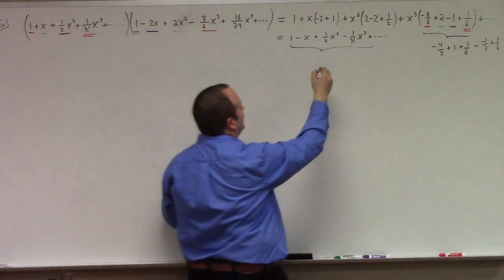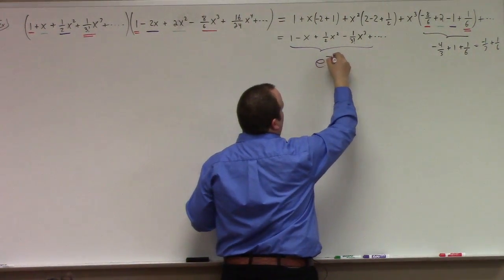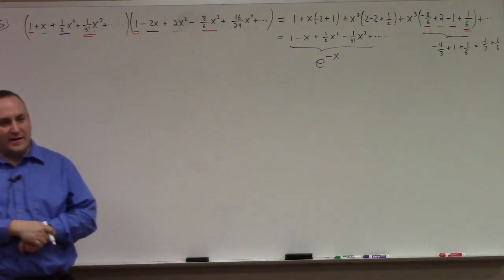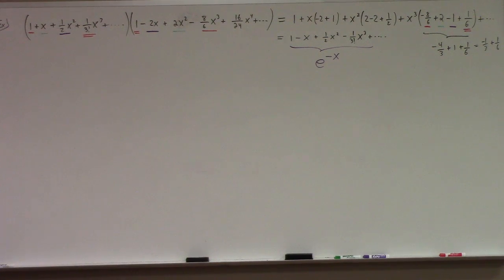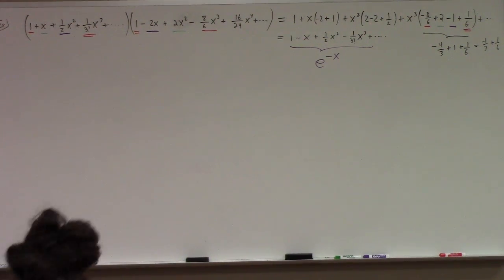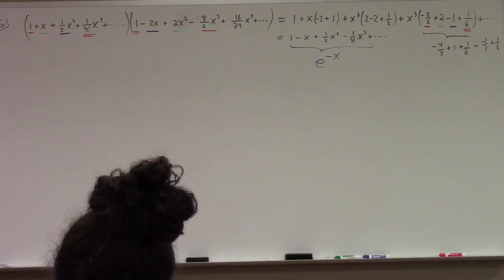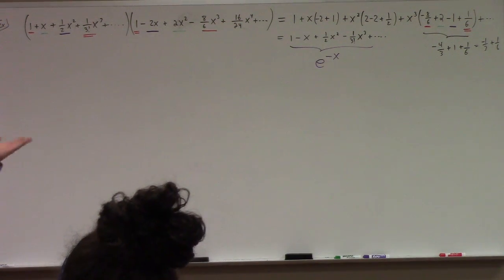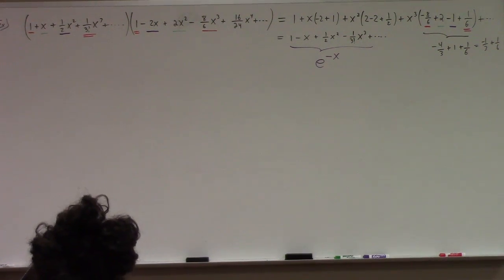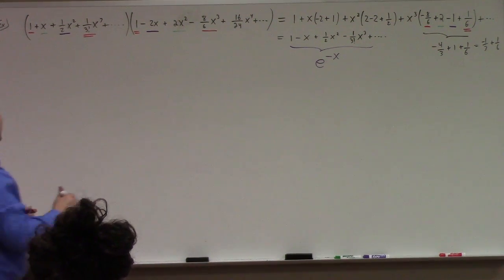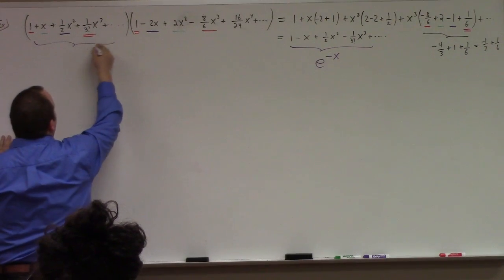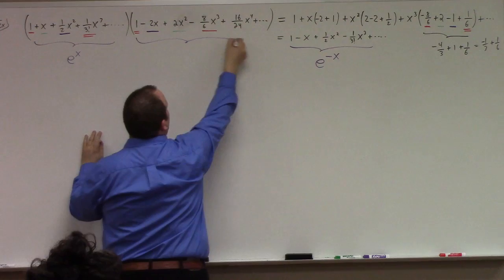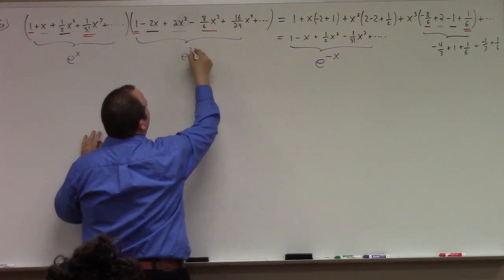No, this is e to the minus x in power series form. Right? If you feed minus x into the exponential series, what happens? Minus x squared, 4th power, 6th power, the minus gets eaten. But for the odd powers, you're left with a residual minus, right? So that's e to the minus x. Do you guys agree? You see that? What's this? This is e to the x, right? And this is e to the 2x, yeah.